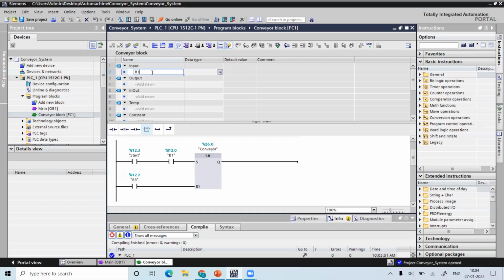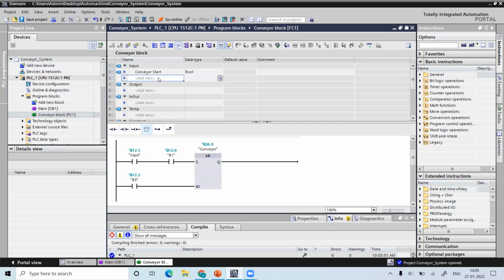I'm going to name this B1 sensor, the sensor at the beginning, as conveyor start sensor. So, conveyor start. The second sensor, B2, at the middle of the conveyor, I'll name conveyor center.